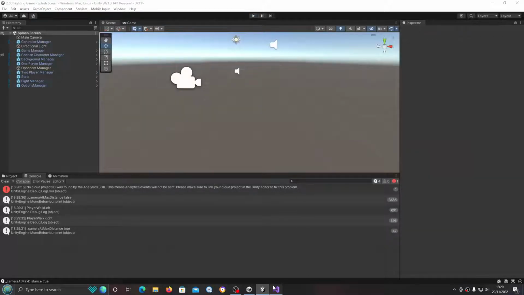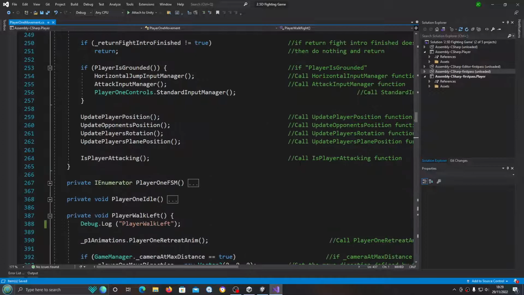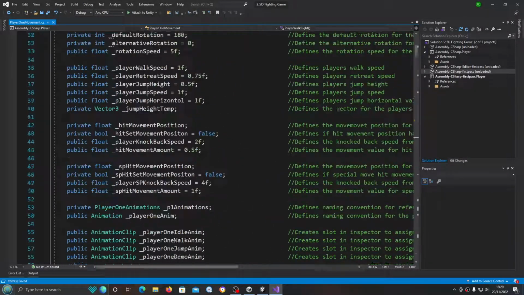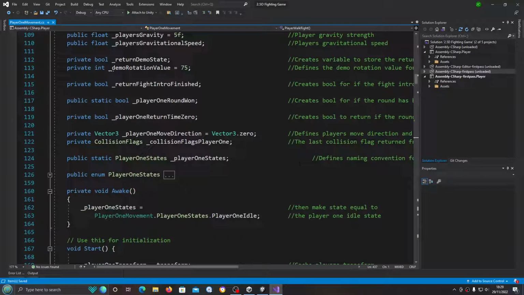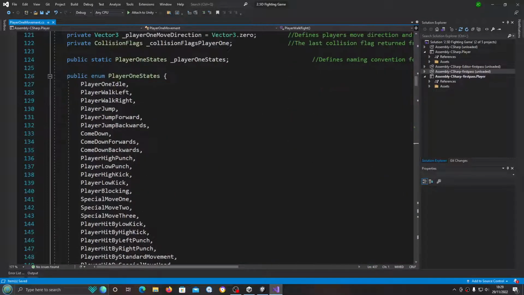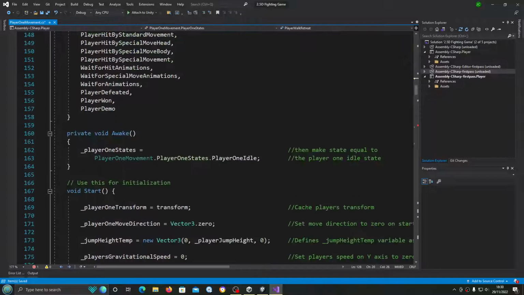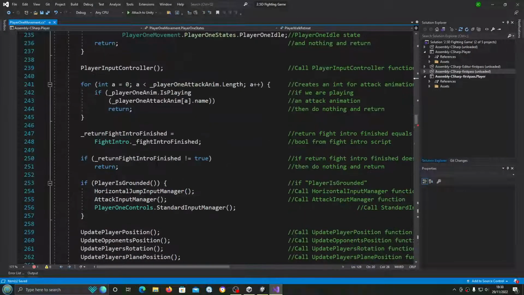We're just going to update these naming conventions to make them a little bit more accurate. So it's not so much a problem with the code, just the naming conventions. So player walk left is now going to be player walk retreat. And I'm just going to copy that naming convention,